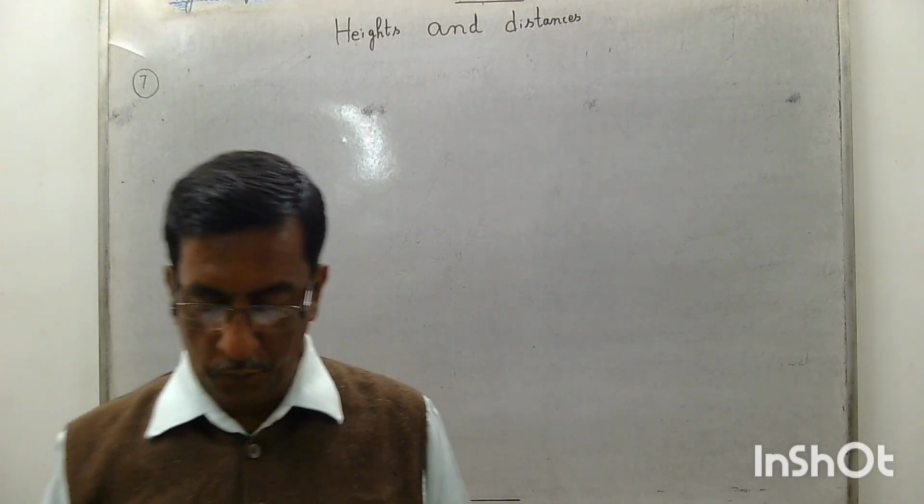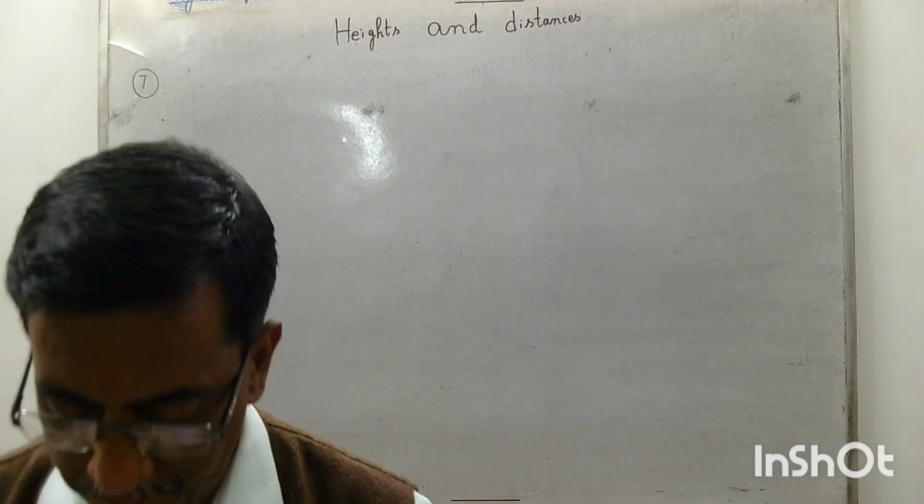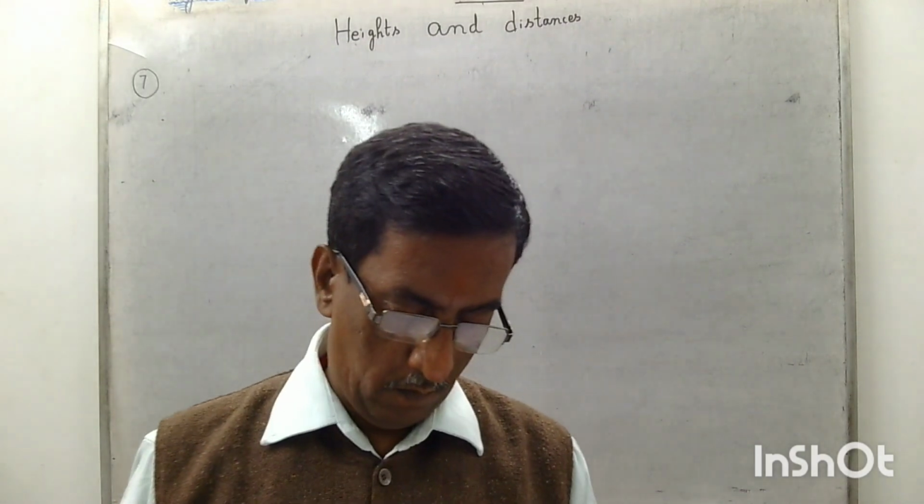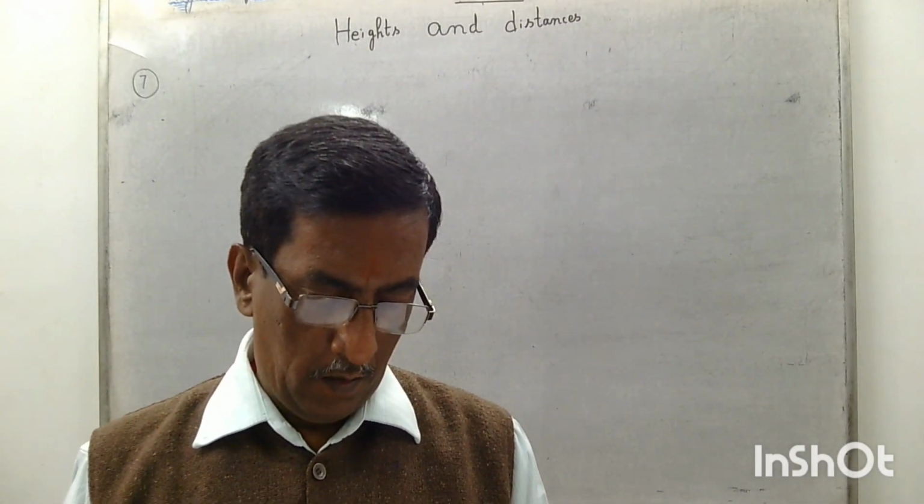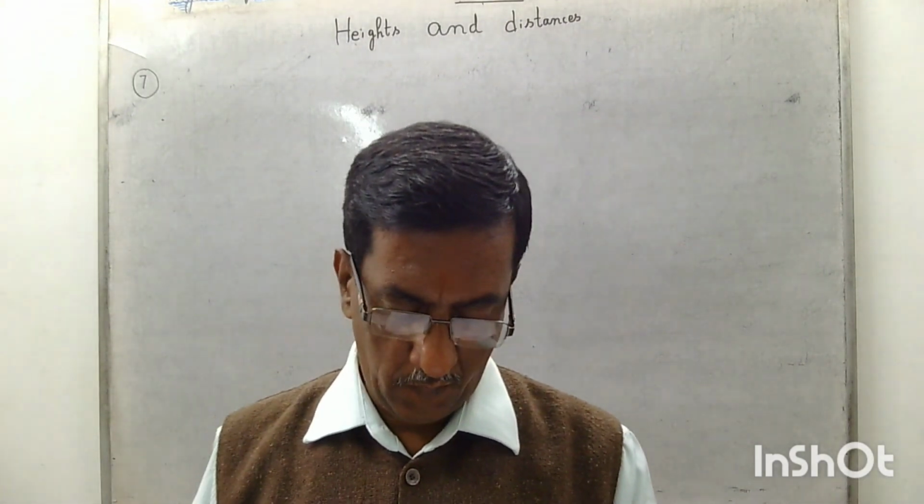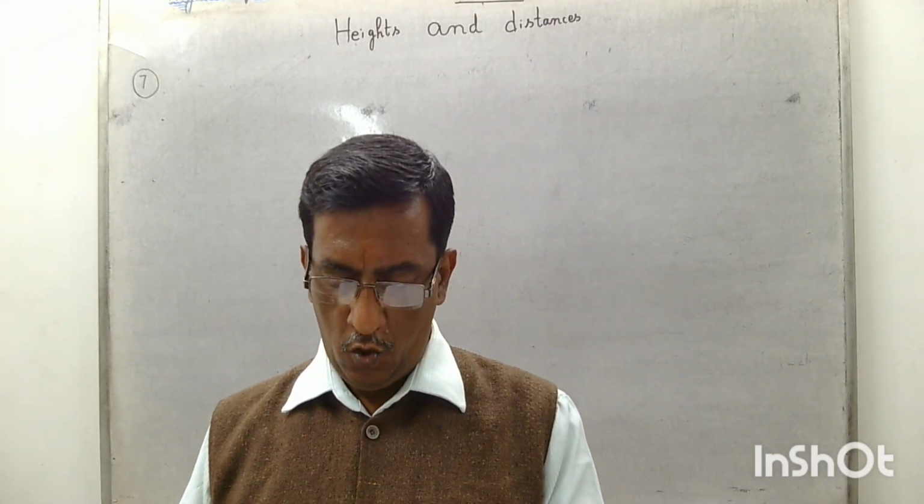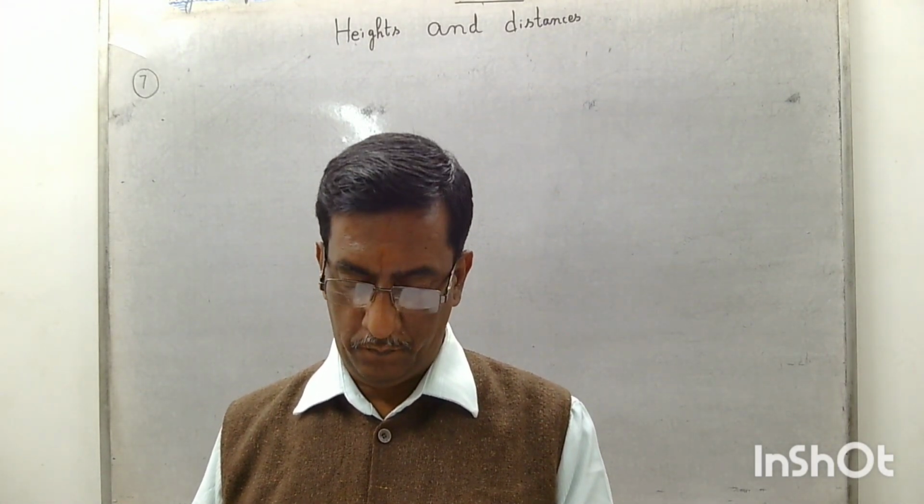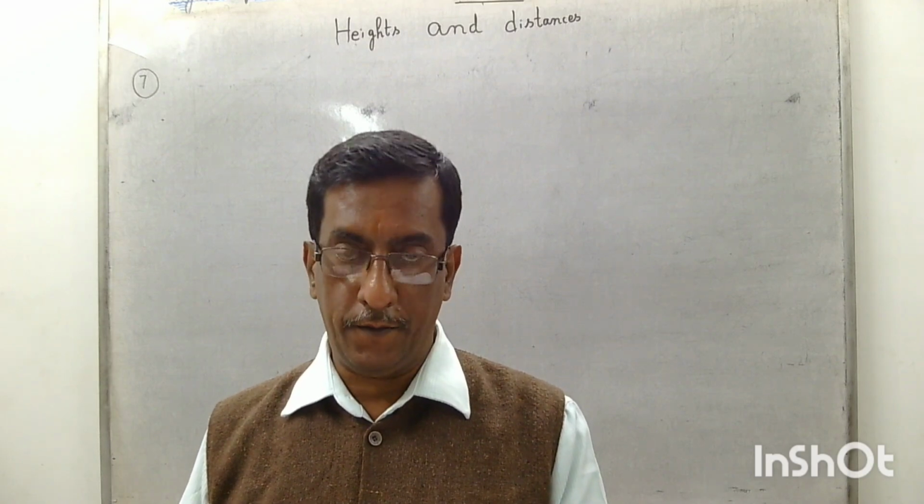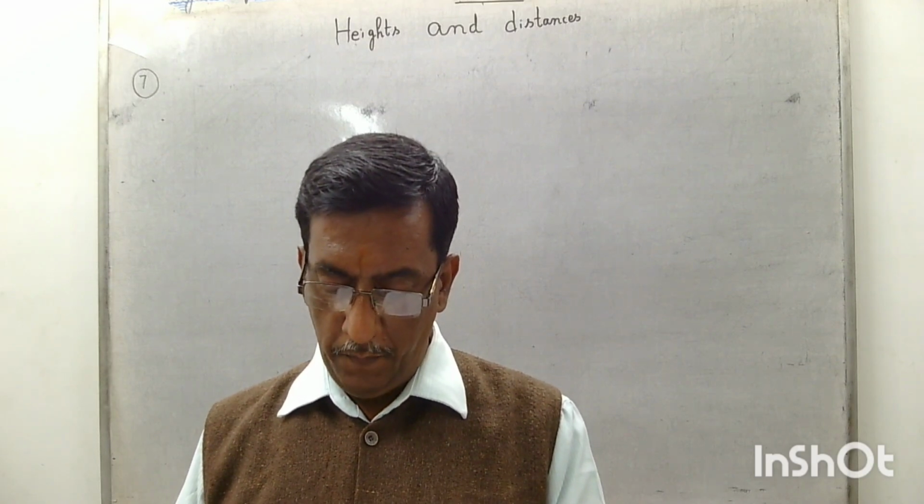What about the problem number 7? A man sitting at a height of 20 meters on a tall tree on a small island in the middle of a river